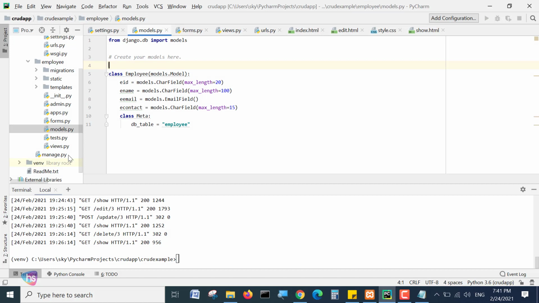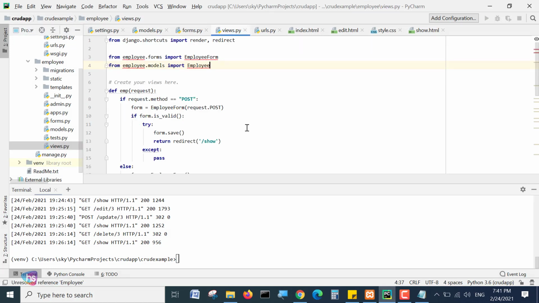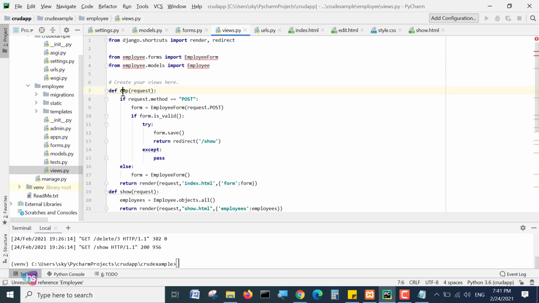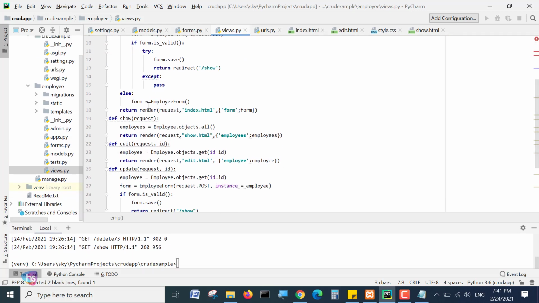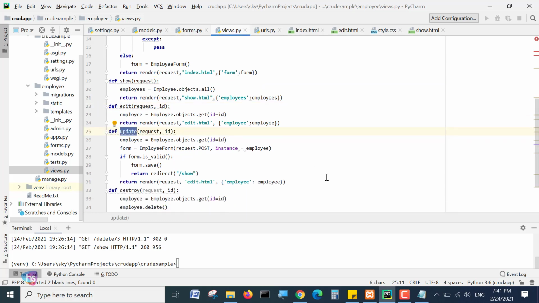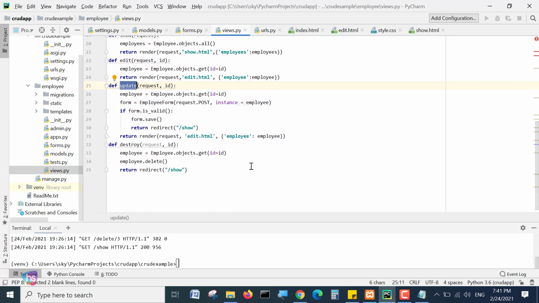Meanwhile, by default we have added, see here under the views, the EMP functionality: how it shows the records and edits the records. These methods update the records. These methods are destroy, meaning the method for deleting. These are very common for all applications. There is some functionality I have shown you, how it operates. Django supports this type of getting an object with the ID of the database row, and then the post method comes, the form is validated, form.save is called, and it redirects to show.